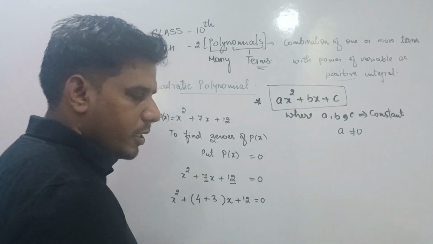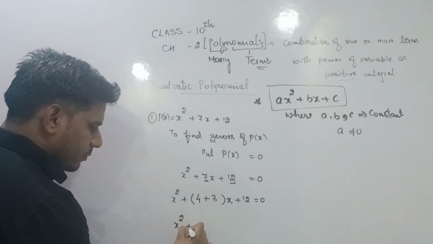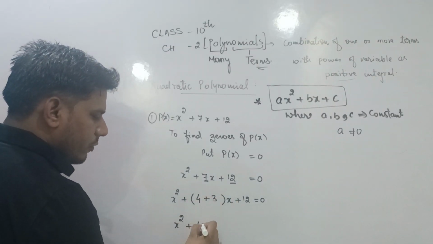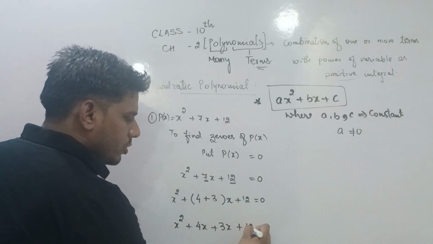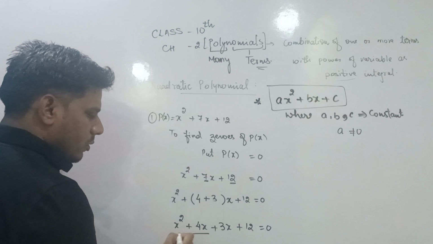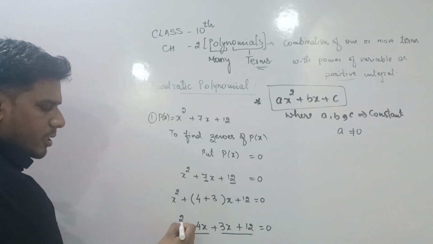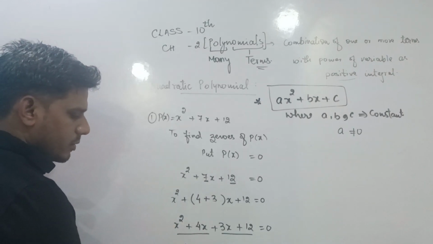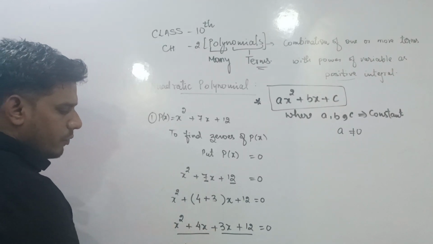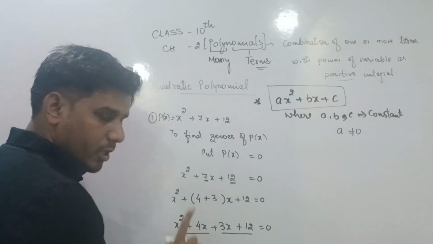अभी हमें ब्रैकेट एक्सपेंड करना है, देन सिंपली इसको फैक्टराइज करना है. x square प्लस 4x प्लस 3x प्लस 12 इज इक्वल टू 0. अभी पेयर बनाएंगे और पेयर से कॉमन ले सकते हैं. फर्स्ट पेयर से कॉमन आएगा x, तो हम यहाँ लिख सकते हैं x का पावर 2 था, एक पावर हमने कॉमन लिए, बचा हुआ है x प्लस, x कॉमन ले चुके हैं तो बचा है 4, प्लस साइन है तो प्लस लेंगे, माइनस होगा तो माइनस लेंगे.